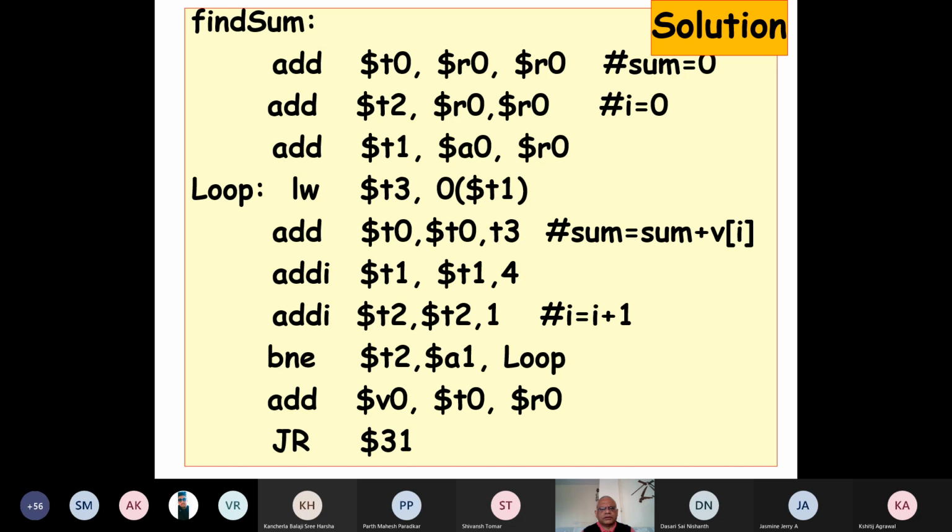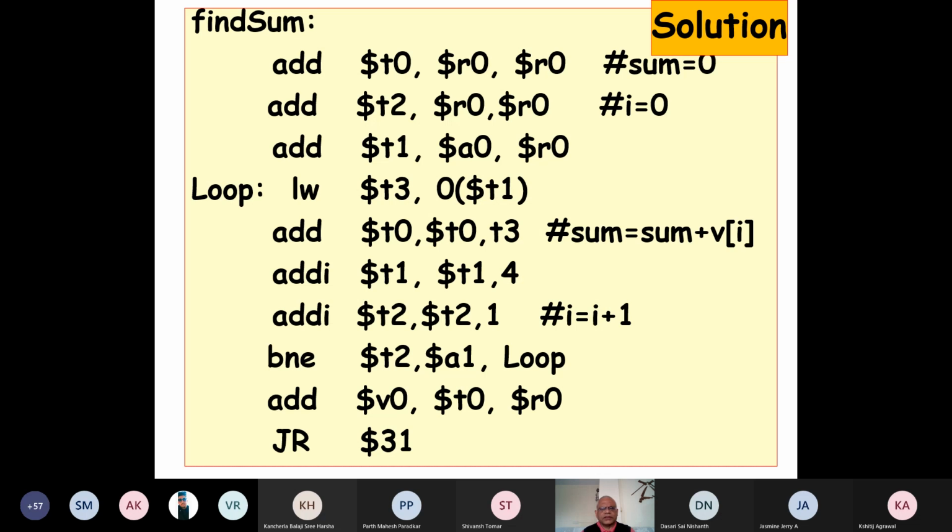Now we have this instruction A0. Remember, A0 contains the address of the array. And we have moved the address of the array into T1 register. We don't have a separate move instruction. We just added 0 to A0 and moved to T1.